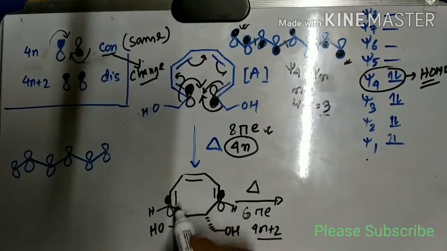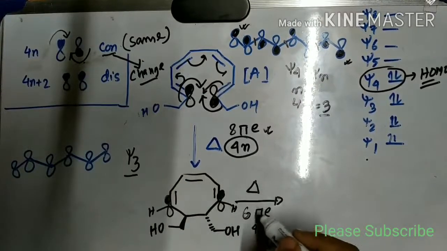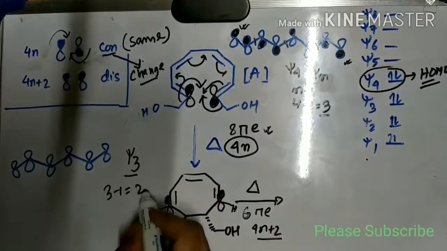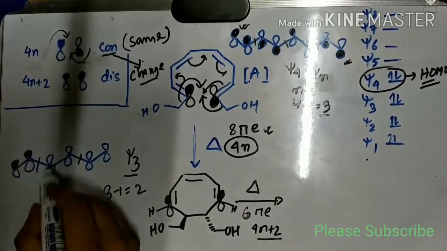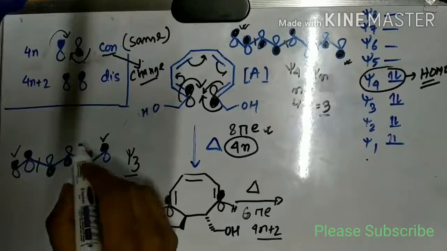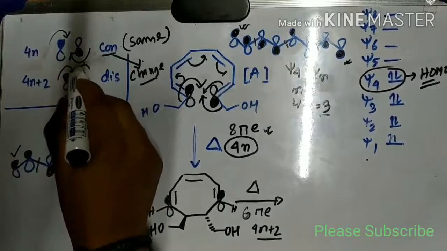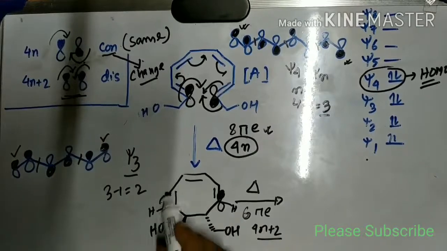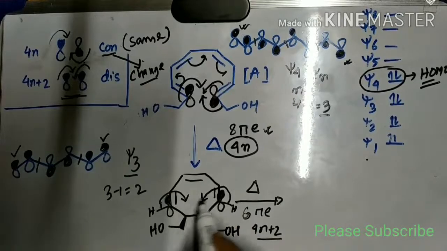For verification of this, we can see for a 6 pi electron system, psi 3 will be the HOMO, because 6 divided by 2 equals 3. Therefore psi 3 will be the HOMO, and 3 minus 1 equals 2 nodes are present. If you distribute them symmetrically, then the 2 nodes will be like this. So this will go above, this will go below, and this will go above. You can see the terminal orbitals will be in the same direction, and hence it is as it is like this. So this we have to rotate clockwise, and this has to rotate anti-clockwise to match the symmetry for a constructive overlap. Therefore this also has to rotate clockwise, and this has to rotate anti-clockwise to match the orbital symmetry and a constructive overlap.